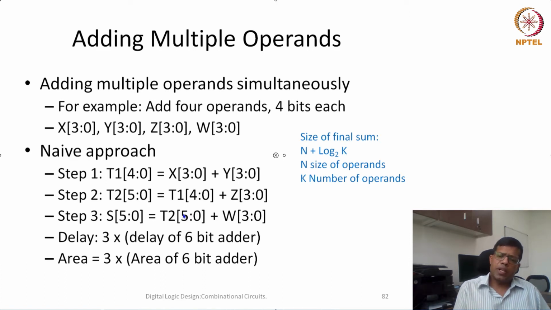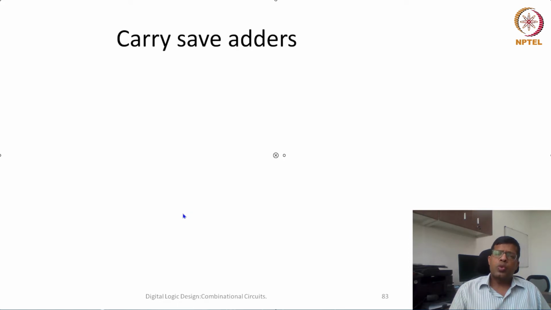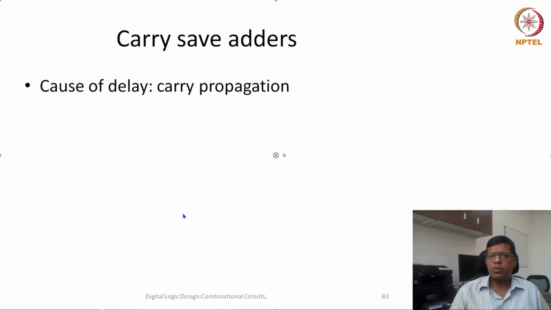So can there be a better way? To understand this, first we have to understand the real problem. The real problem is again carry propagation. Carry propagation was our problem in our standard addition of two operands also, but here the problem has aggravated much more, because the number of operands has increased, and for every two operands, we are propagating carry through the end, and then again we are propagating for the next addition also.